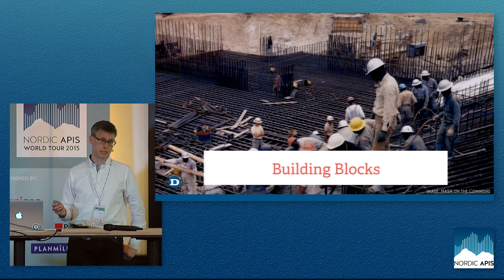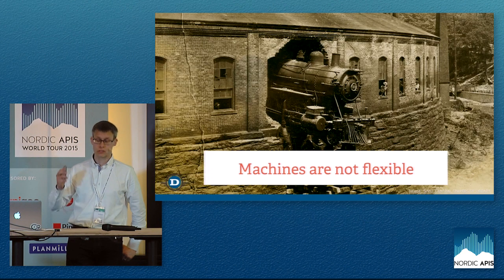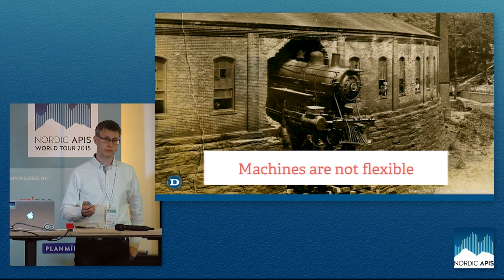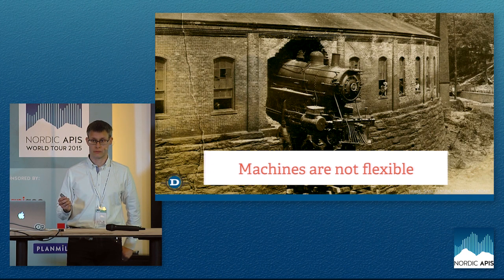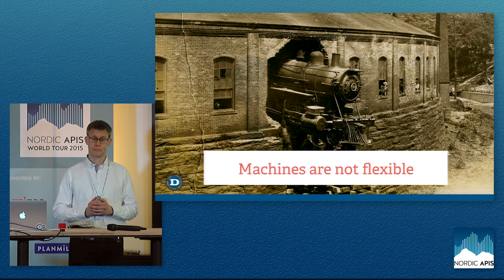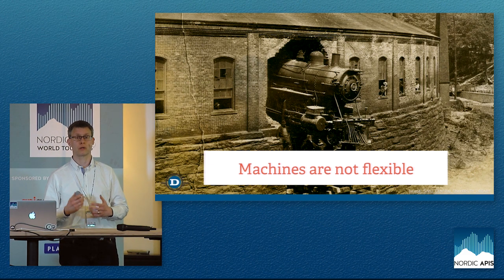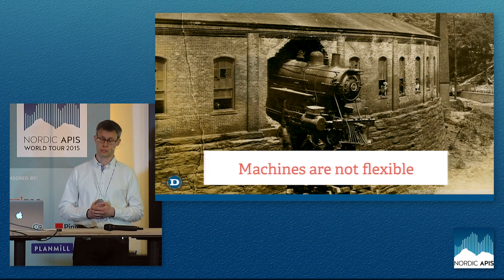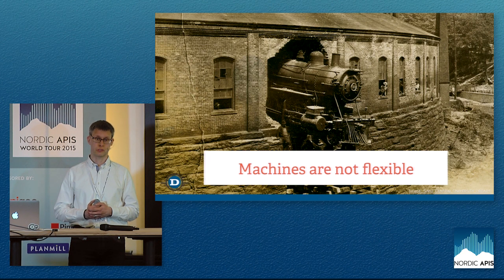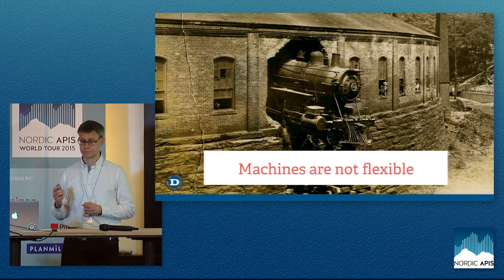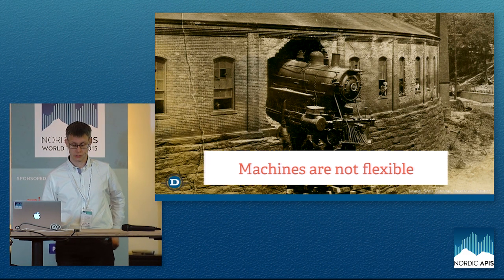That leads us to another challenge. Machines are not flexible. People are. If Google changed something in Gmail and tabs move around or whatever, you can adapt because people are flexible. But machines are not so flexible. You can build in some flexibility. You can use hypermedia and so forth. You can have some flexibility when it comes to APIs. But in general, machines are quite stupid. They do exactly what we tell them to do. The problem is mostly that we don't understand what we told them to do. And this has huge implications.